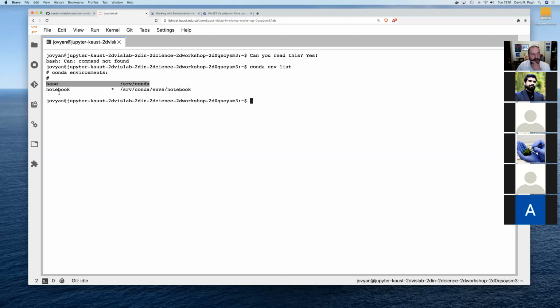Now you'll see that here on the Binder hub, there is a second environment called notebook. And this notebook has an asterisk or a star character next to it. That's because the notebook is the currently active Conda environment. We'll talk about how to activate and deactivate environments. But the fact that this notebook environment is the active Conda environment means that if we were to type the